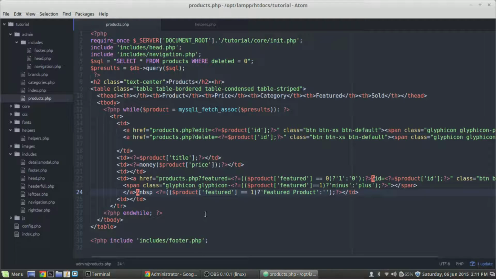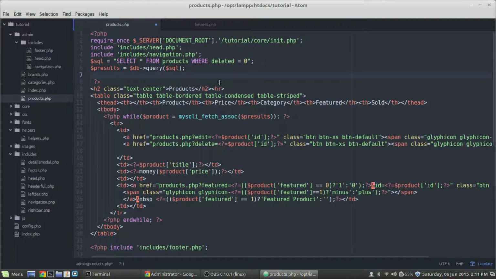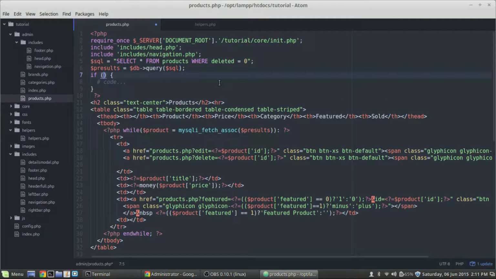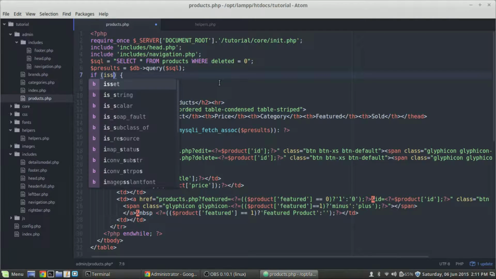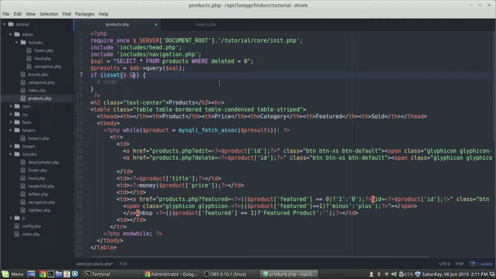Perhaps what we could do really quickly is go ahead and set that up. So what we can do now is we do an if statement. So if isset $_GET featured, okay, right? If that is set, okay, and it's not empty, we're going to say $_GET featured. Okay, so that means if that button's been pressed,